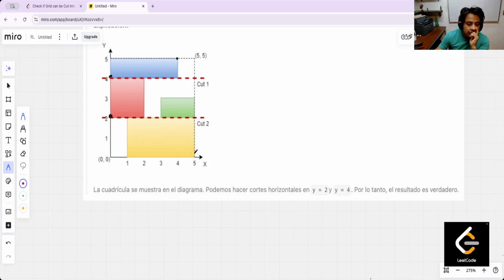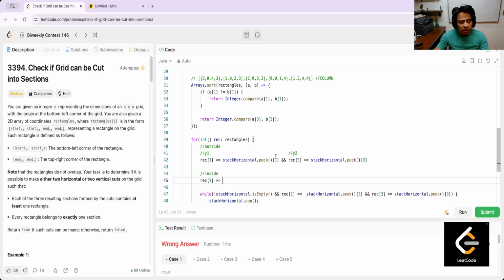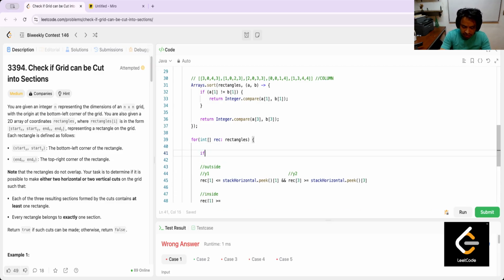Now I'm sorted by this, but in this case, if a new rectangle appears like this, the first is the yellow, the next is this, and this disappears. The next is this, and it's inside the range. Where it's inside the range, I don't do anything. Well, I think that is very similar to my previous approach. Let me check. Here is if